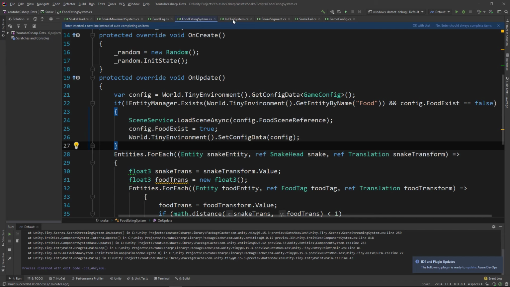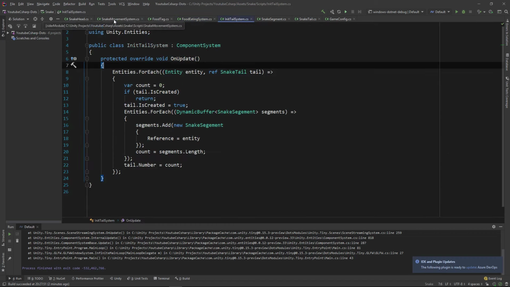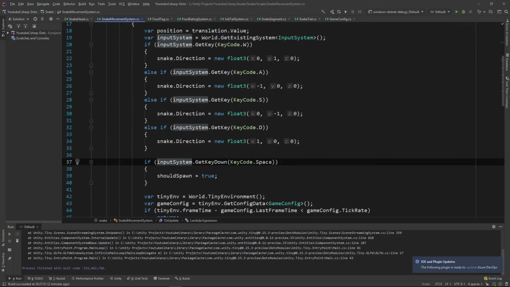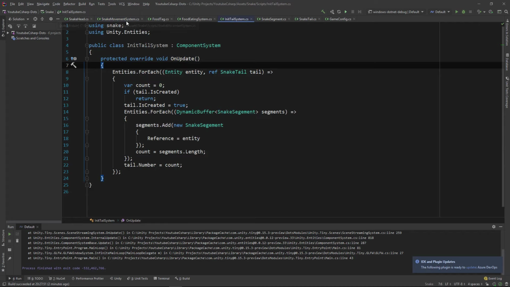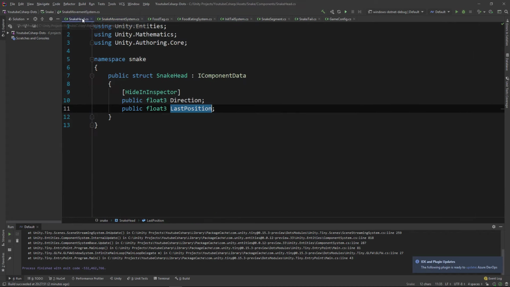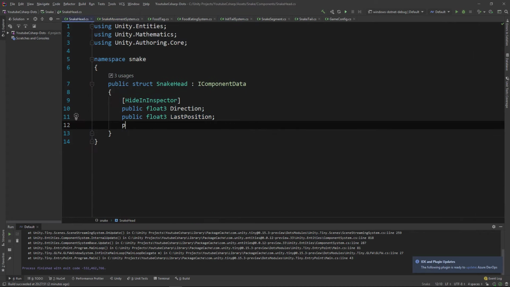The last thing that we're going to do is move our code that's inside of this if statement for the space button inside of our snake movement system for spawning in a snake tail into the initiate tail system. The way we're going to do that is by going to the snake head and creating a variable for whether or not the snake head should grow a piece of its tail. So we'll say public bool growTail, and then